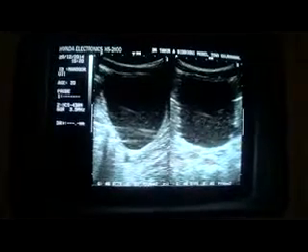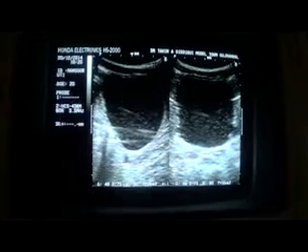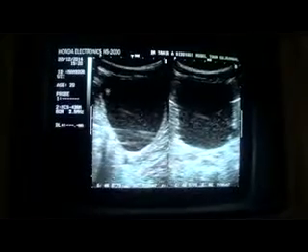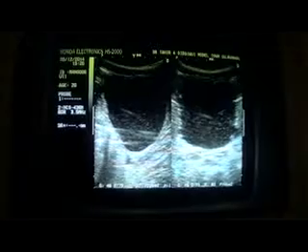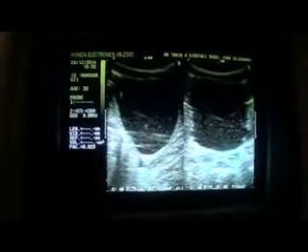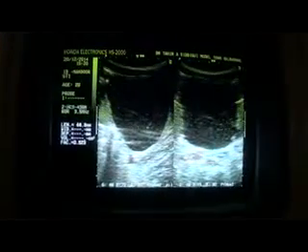These echoes are suggestive of debris. This is the longitudinal section of the urinary bladder, the transverse section of the urinary bladder, and the calculated post-micturition residual volume is approximately